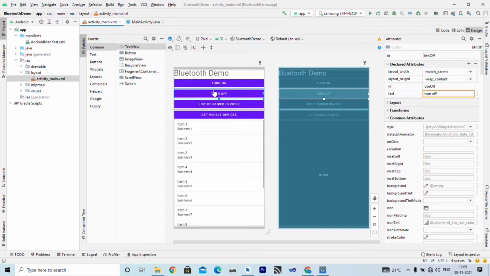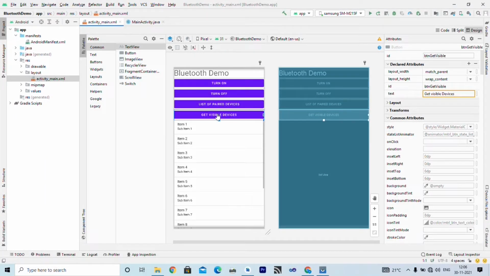will turn off Bluetooth. The third button with caption list of paired devices has ID BTN list, and when user clicks on this button we will discover or list all the paired devices that are already paired with your Bluetooth device.